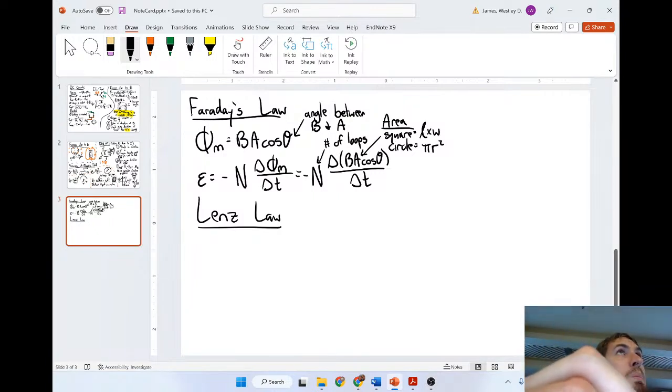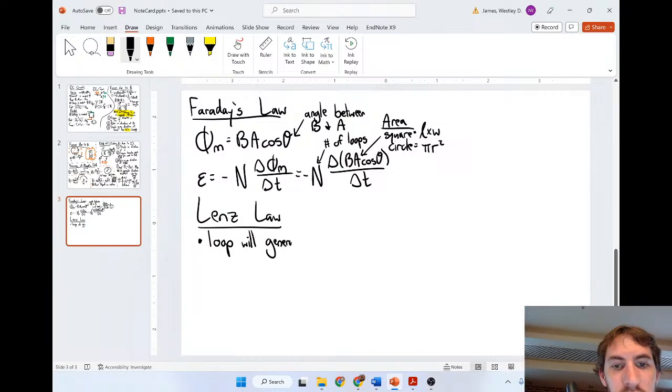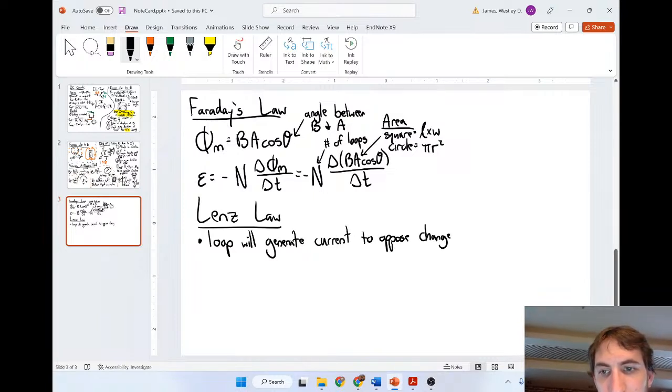Lenz's law, basically summarized: a loop will generate current to oppose change in flux. I don't know if you Googled it, if it would need this exact definition, but that's as simple as it gets. It will generate a current to oppose the change in flux, aka, you know what,